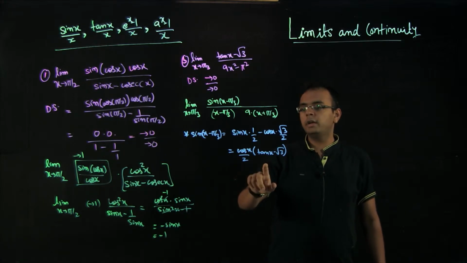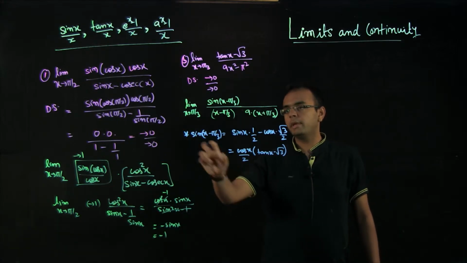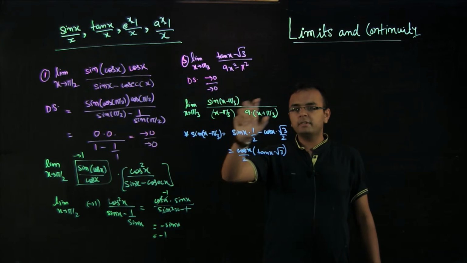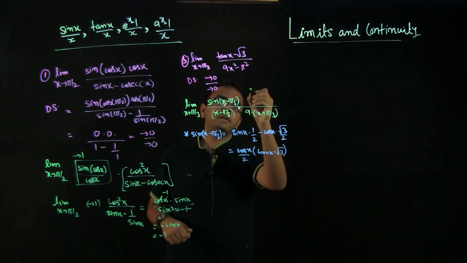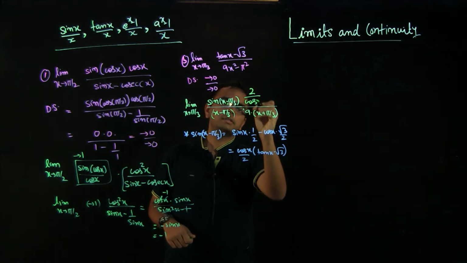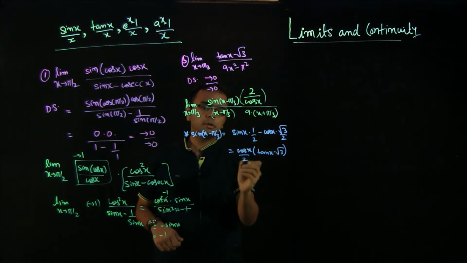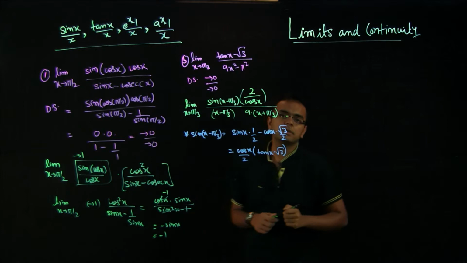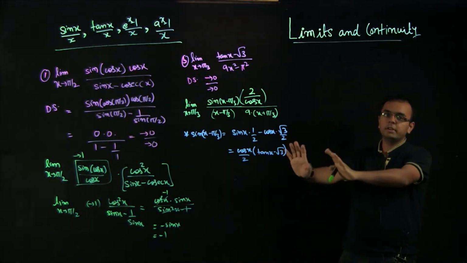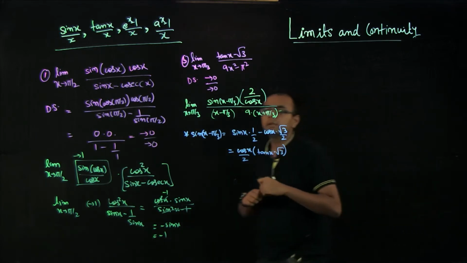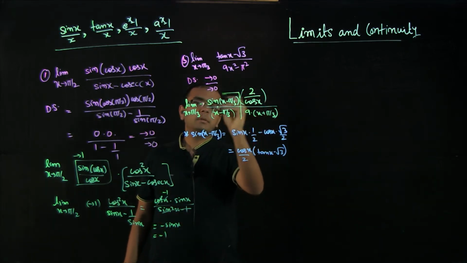So what do I need to do? I need to multiply by cos x by 2 to make this. So if I want to make this, I will divide by 2 by cos x. So here I basically divide this into 2 by cos x. This is what tan x minus root 3 is. So basically you already try to force the problem to go into the direction you want, as simple as that, and this we know will approach 1.